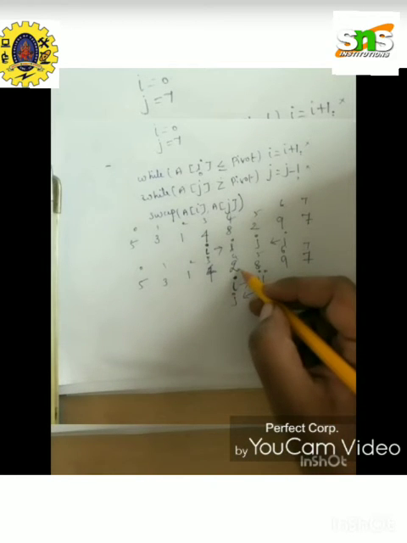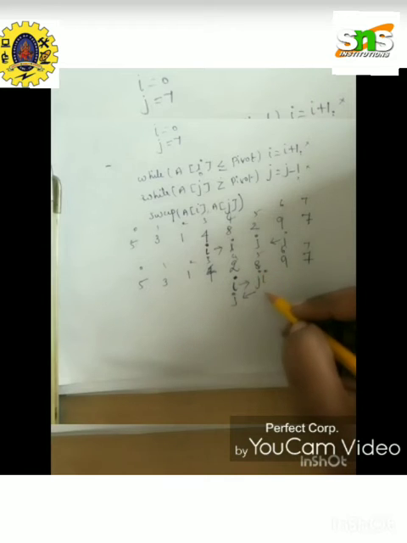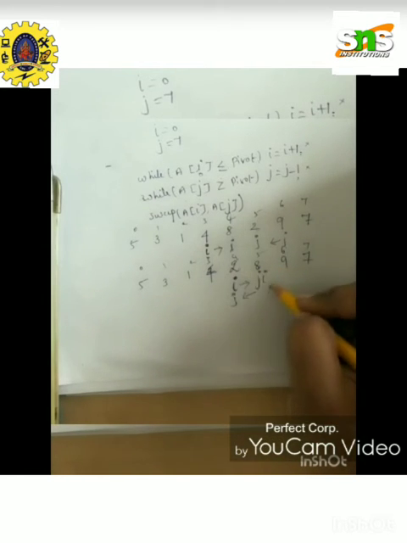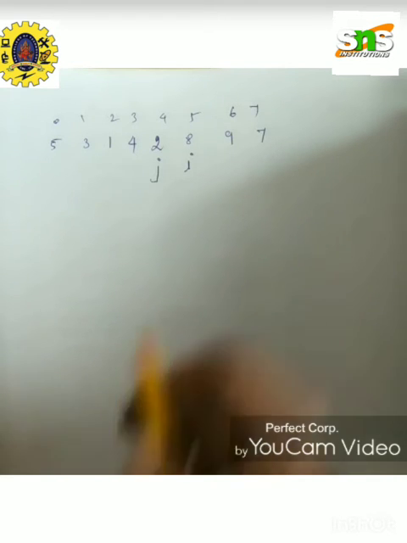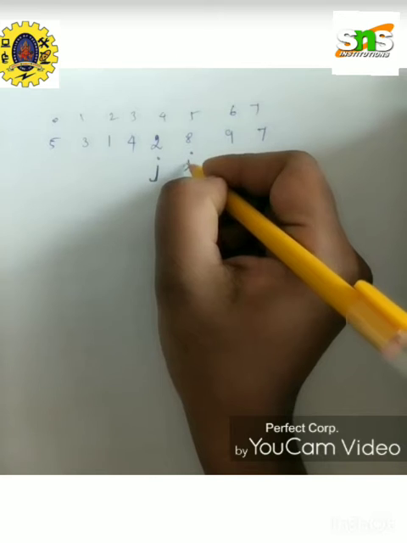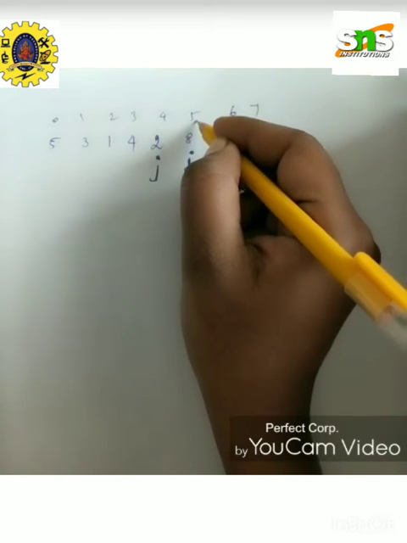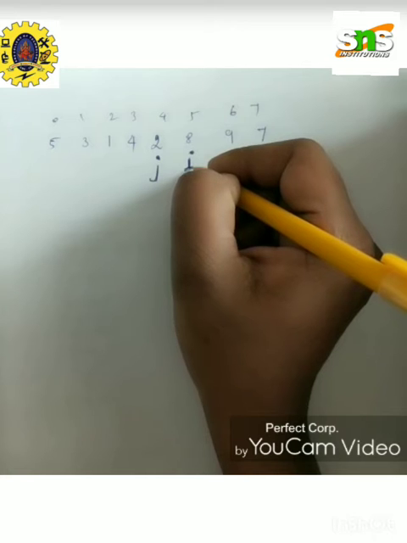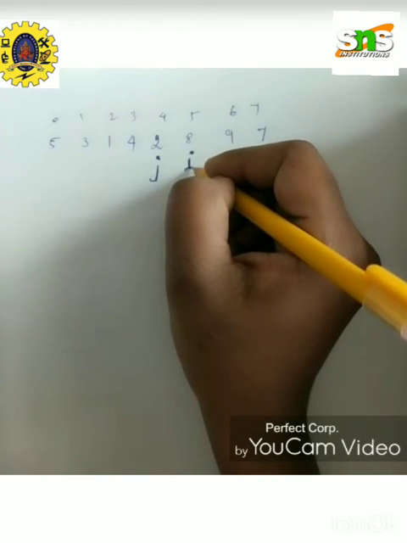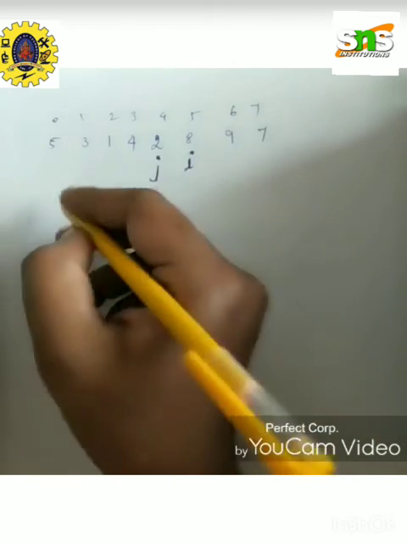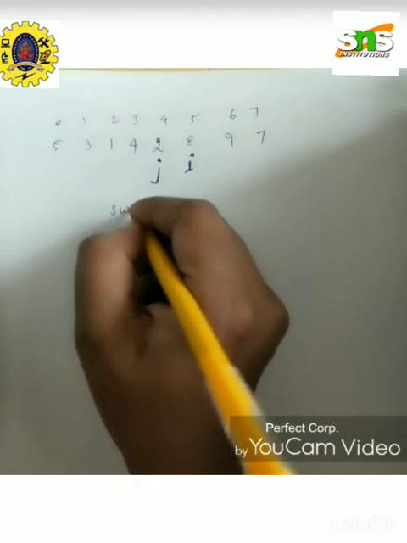Then 2 is greater than or equal to 5? Condition failed, so stop the process. Now j is pointing to the 4th location, i is pointing to the 5th location. I value is incremented, compared to j value. J value is 4, i value is 5 now. So i is greater, so stop the entire process. So what we do in the two while loops, we stop the entire process and finally we have one statement called